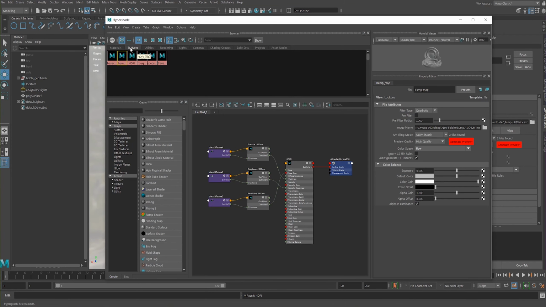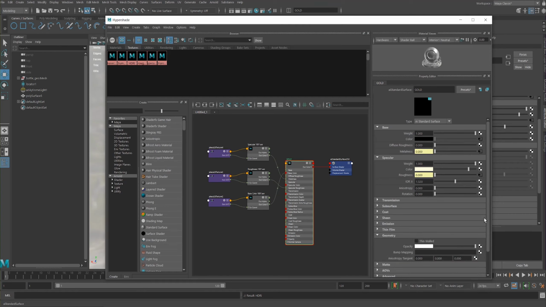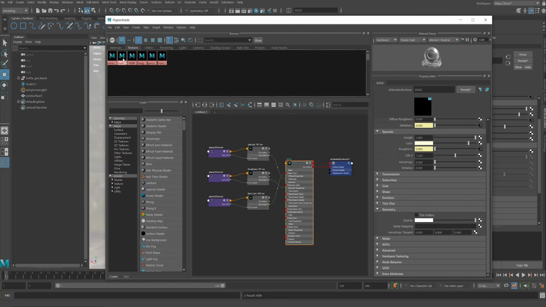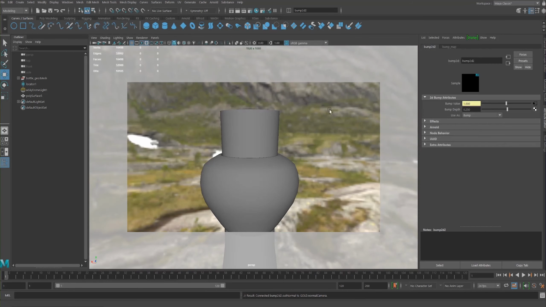So I'll go to the bump map and I will select the gold shader, scroll down to the tab that says geometry, and middle mouse drag and drop into the bump mapping area, and it creates a node down here, and this is where we control it. So I'm going to put this to 0.25, so 1/4 of what it was on,